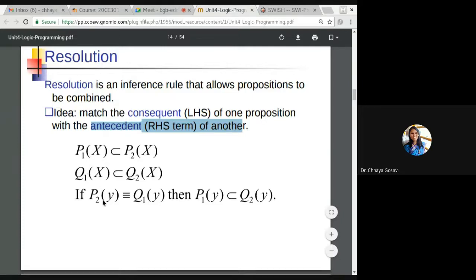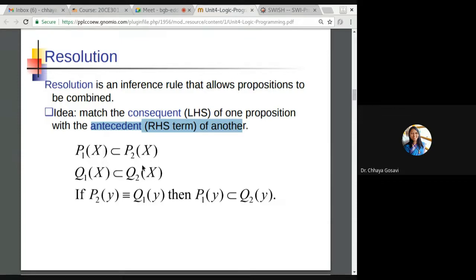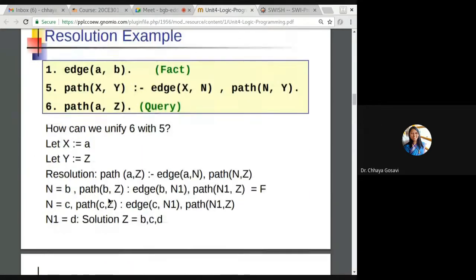If P2 of y, where x is replaced by any atom y, is equal to, this is not assignment, it is equivalence, Q1 of y, if these two terms are the same, you can say that these two terms are also the same for that particular y. It is not for any other value, only for that particular y. Here x is common, so whenever you take any atom, that should be common. So it is called resolution.